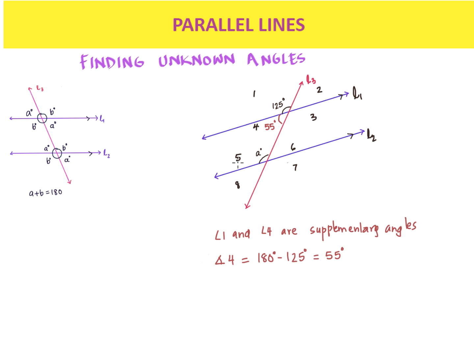Now let's look at angle 5, which is what we want to find out. According to Euclid's fifth postulate, the same side interior angles add up to 180 degrees. In this case, angle 4 and angle 5 are on the same side of the transversal and they are interior angles. So they are the same side interior angles and they must add up to 180 degrees. So let's write that down here. Measure angle 4 plus measure angle 5 equals 180 degrees because of